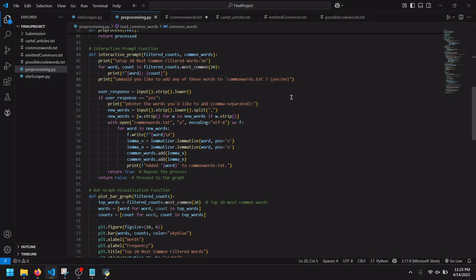Defining the interactive prompt function is just going to display the 20 most common filtered words, which is what I chose to just keep things simple. Just a good 20 most common words that we can just see in the terminal there, and we can respond to the code and just be able to see the next data set and the next one and the next one, so that it can be easily interacted with, and it's going to be much faster than just reading through the data set. Basically impossible to do that.